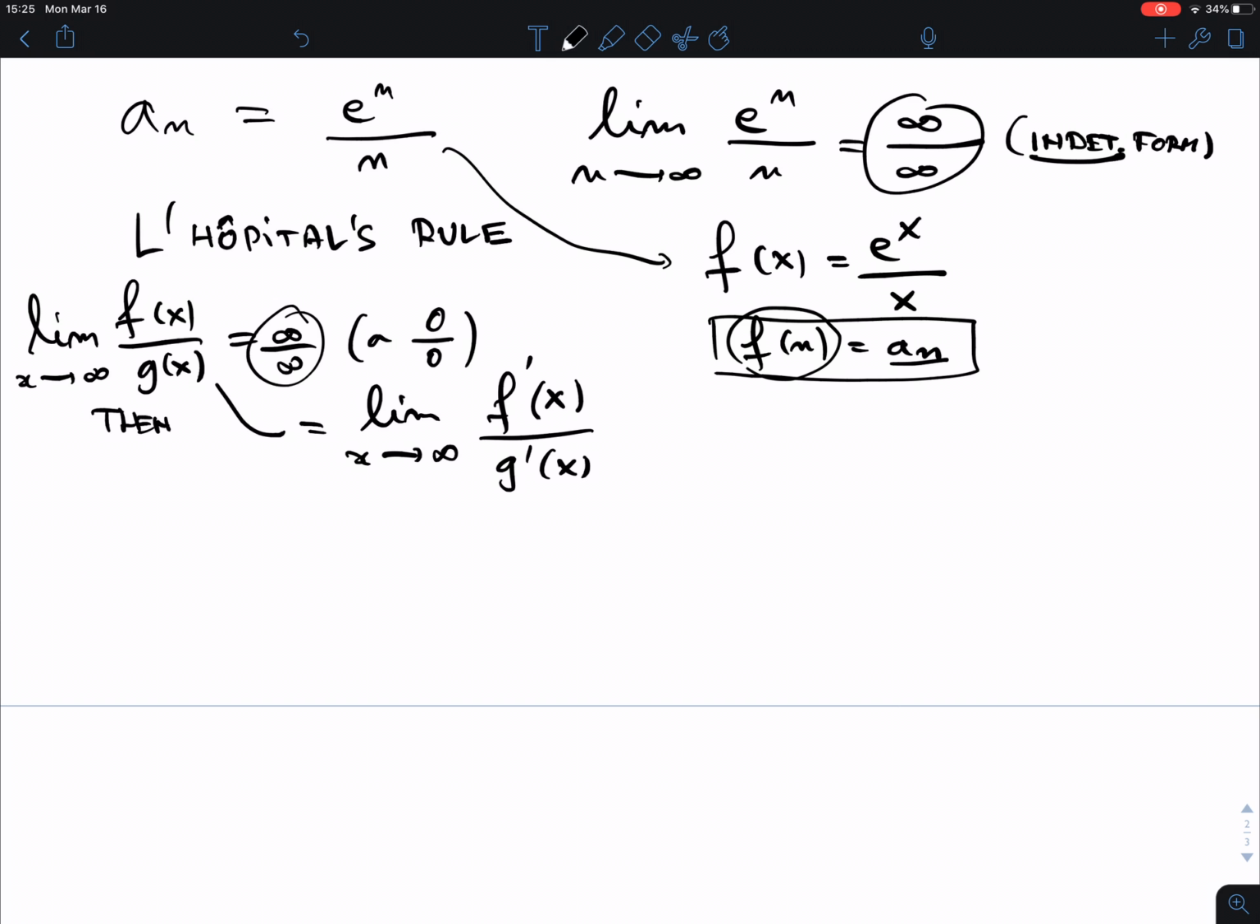And I'll give you some examples where it's not the case, and so we cannot use this technique. But if we are in this case, we can use L'Hopital's rule. So let's go now to what we need to do. Okay, so this limit,